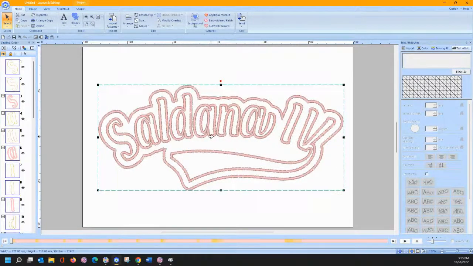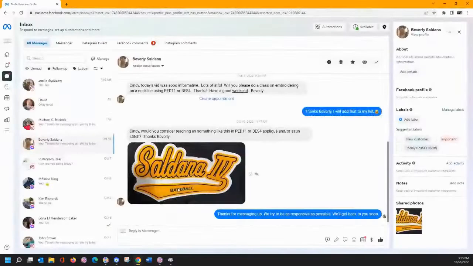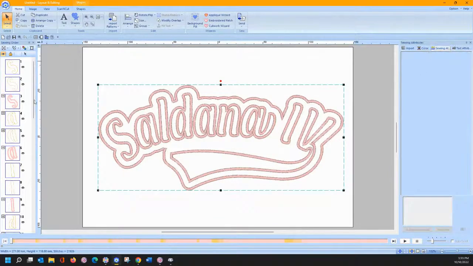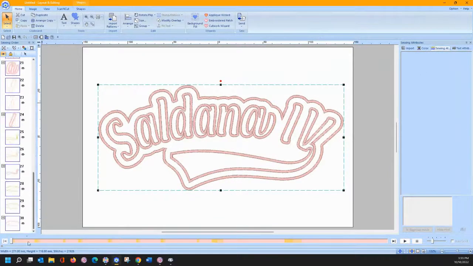See if we like it. Yeah, that's pretty good. And there's one. Let's look at that. Let's look back and see what we've got here. Okay, so I might choose a light zigzag instead. So I could come in here to my sewing attributes. Let's come and grab that covering stitch,